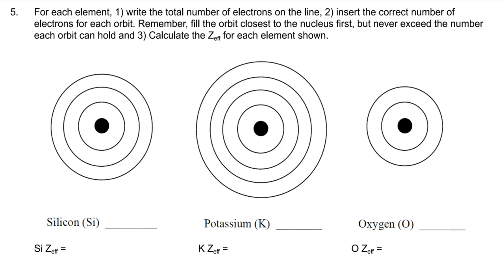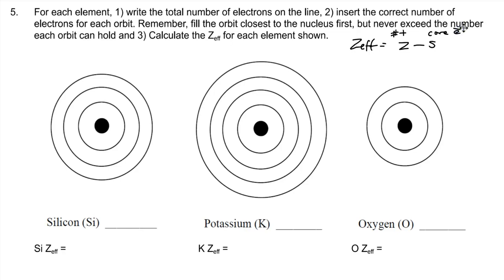So in problem 5 here, we are looking at the electrons in these 3 elements. We're basically drawing a Bohr model. And we're going to be calculating Zeff, the effective nuclear charge. Thing you need to remember, so here's the formula for Zeff. Zeff is equal to Z minus S, where Z is the number of protons in the nucleus, S are the